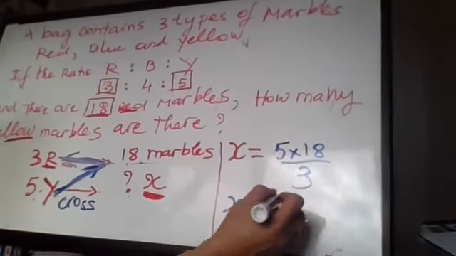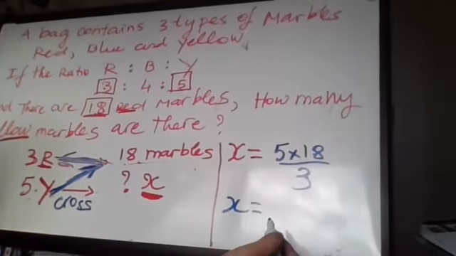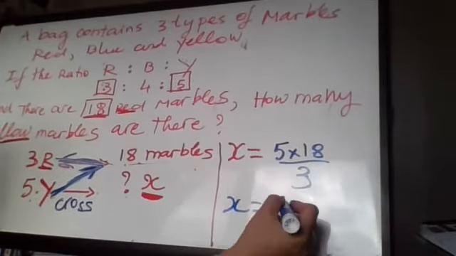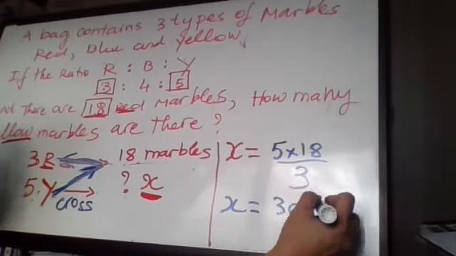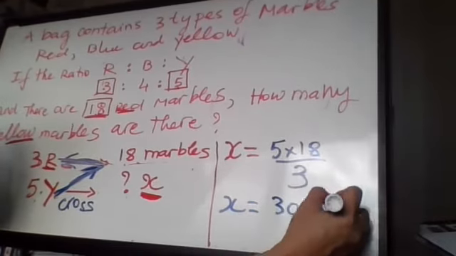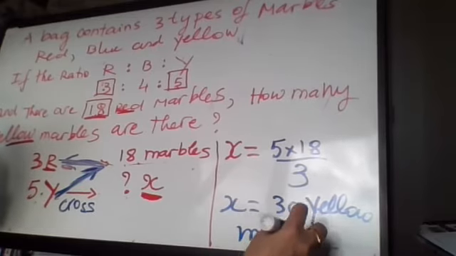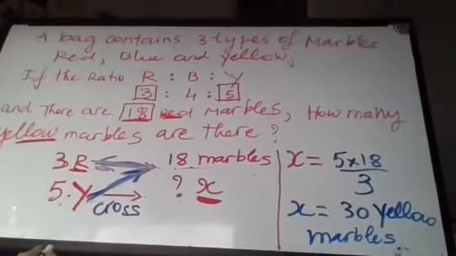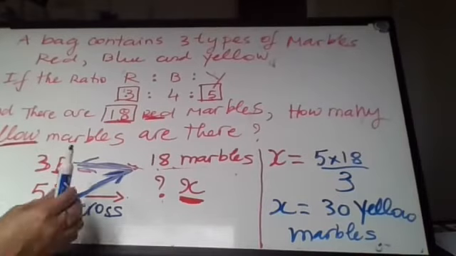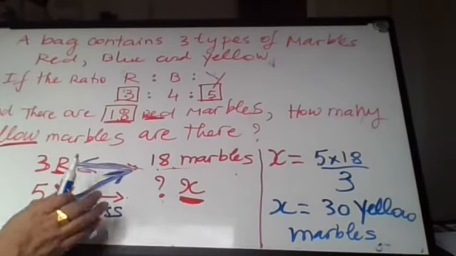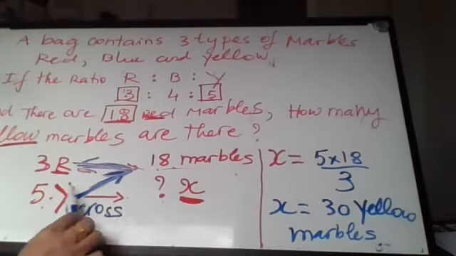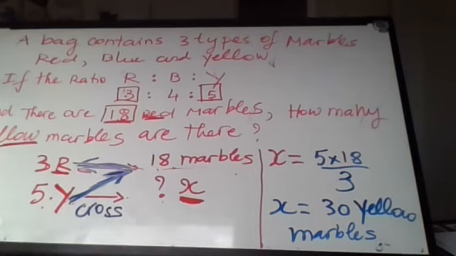So x will be equal to, 18 divided by 3 is 6. 6 times 5 is 30. So 30 yellow marbles is the answer, which is easy, right? So when you set up a proportionate ratio horizontally like this, it's a lot easier than